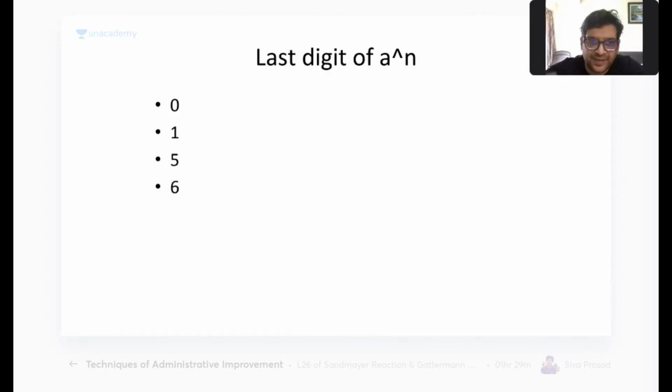Now, going ahead with how you actually solve questions like this, the first case that you need to consider is with these four numbers, which is 0, 1, 5,